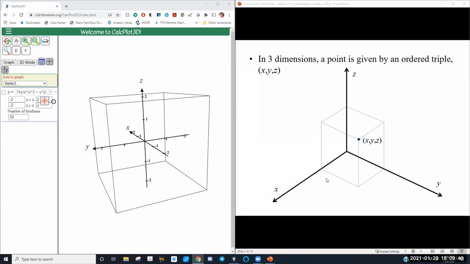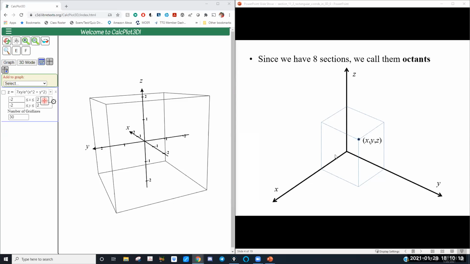Now, what we want to do is start to think about what equations and functions will look like in here. Now, when we have a 2D plane, we have 4 quadrants, right? You remember the quadrants were kind of beat into you during trig, first, second, third, and fourth. Now we have 8 sections, so these are called octants. Mainly, we'll only refer to the first octant because after that, it gets a little bit confusing. The first octant is where they're all positive.